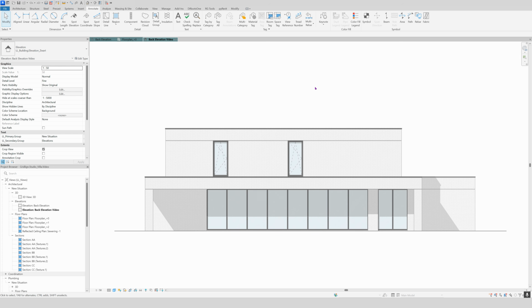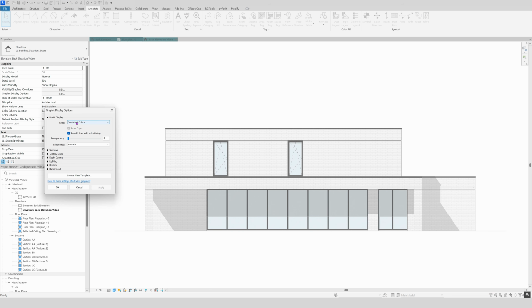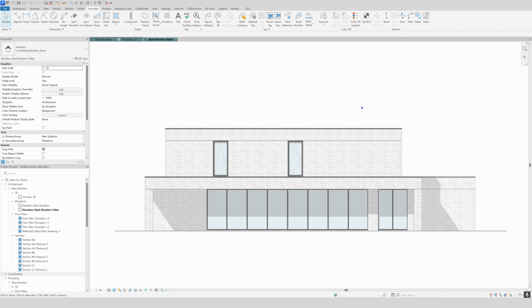One more thing to make it more realistic, and that's an option that many don't know, is to go to graphic display options, and instead of consistent colors, we will set it to textures, then apply, OK, and then you only see the textures like they need to be, and of course the nice brickwork. So that's actually how to set up your graphic display for your elevations to make them really nice and presentable